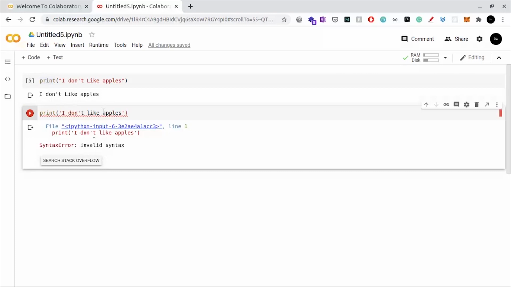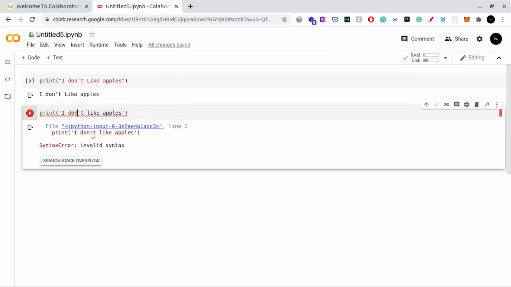Now why is our syntax invalid? You see, in here the color coding is not the same as the above line. Like the color is somewhat different. The problem is that we are using single quotes, and in don't we also use a single quote, so our string is defined in just this space, because single quotes are used to terminate any part of the string, and we have used a single quote here and a single quote here. So Python doesn't move forward with the string and doesn't recognize this part. So it only recognizes this part, and for Python this is junk. So it shows us an error.